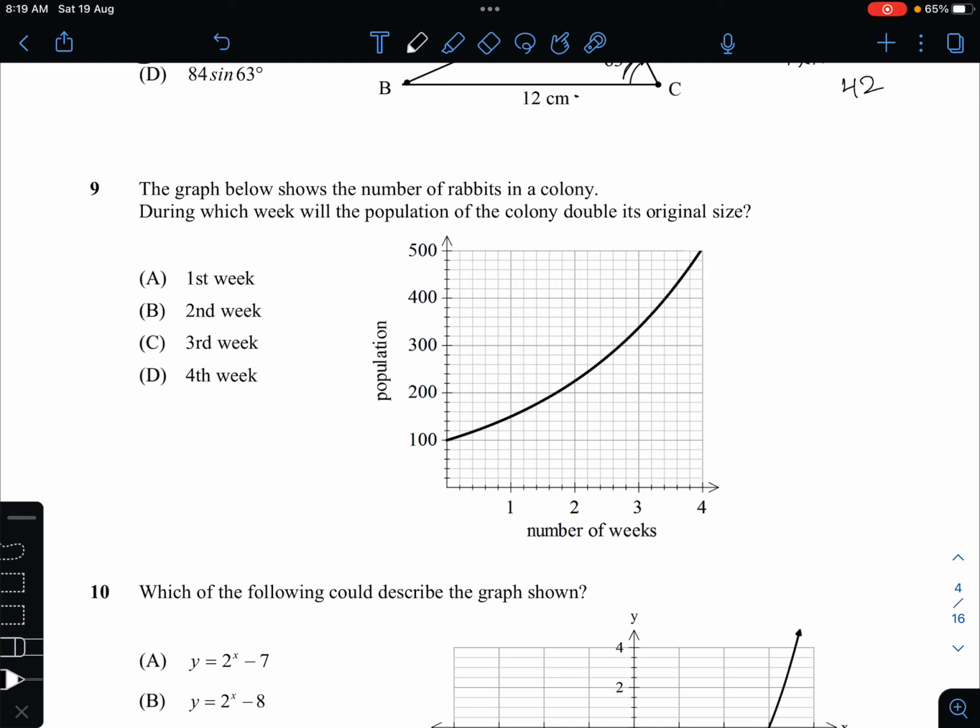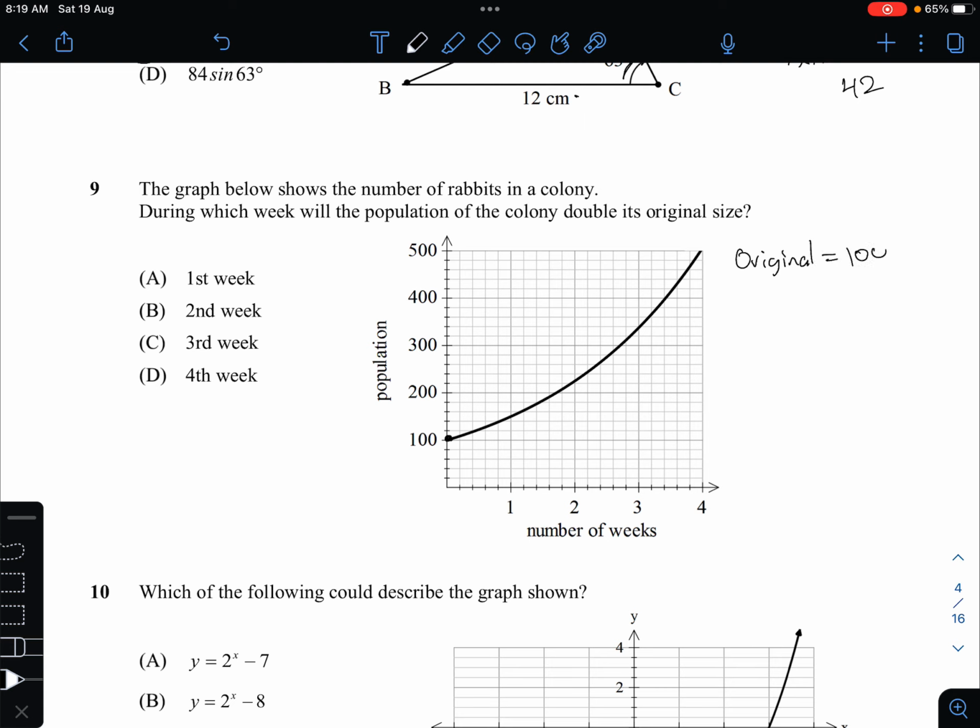Okay, question 9. The graph below shows the number of rabbits in a colony. During which week will the population of the colony double its original size? Okay, so this is pretty much just looking at the graph and figuring out. So if you go from week 1, it's 100. Week 0, which is the original size. So original